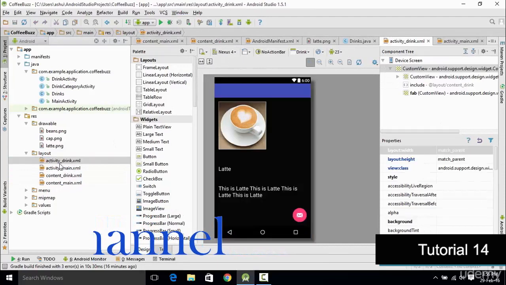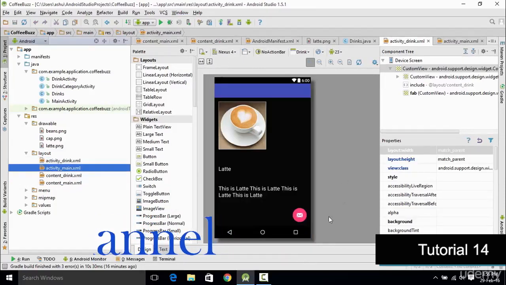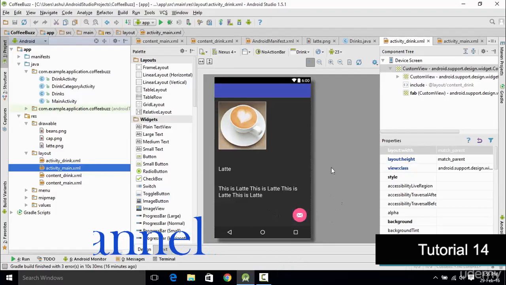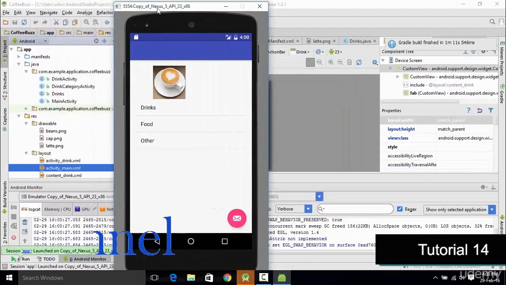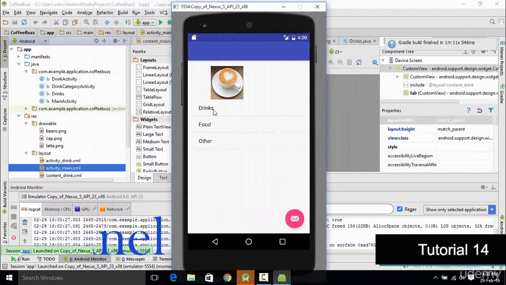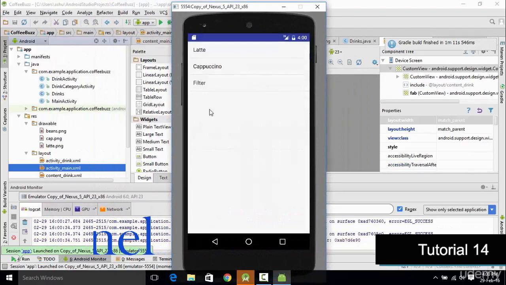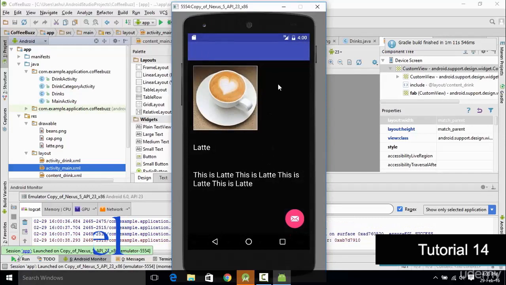Now the next thing we could do is finally run our application to test if this works. Let's go ahead and save the code and run it on the emulator. As you can see, our application is up and running on the emulator. If we select the first option, drinks, it brings us to the list view activity, and when we select latte, it brings us to this page which has the name of the product and the description of the product along with the image. So that's it for this tutorial, and I hope you understood how to create a simple coffee shop